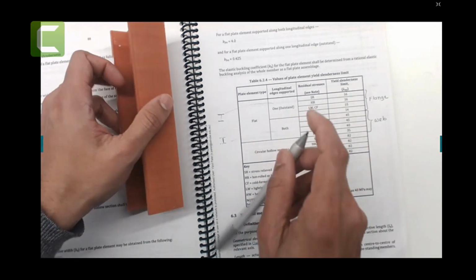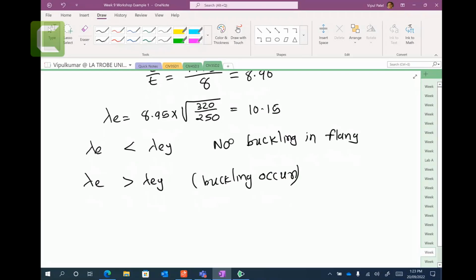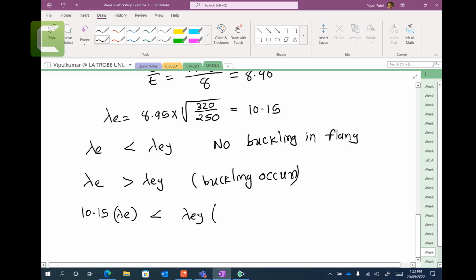And for that case, the yield slenderness limit is 16. So lambda e is 10.15, which is less than lambda ey, which is 16. Therefore, the flange will not buckle. Right, the full flange will stay as it is. If it is greater, we need to calculate the effective width. But here we have a flange that is fully effective, meaning that